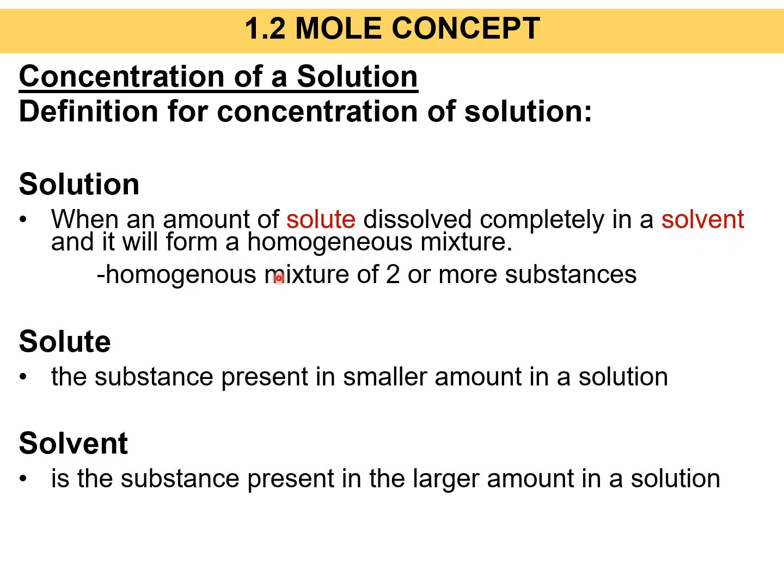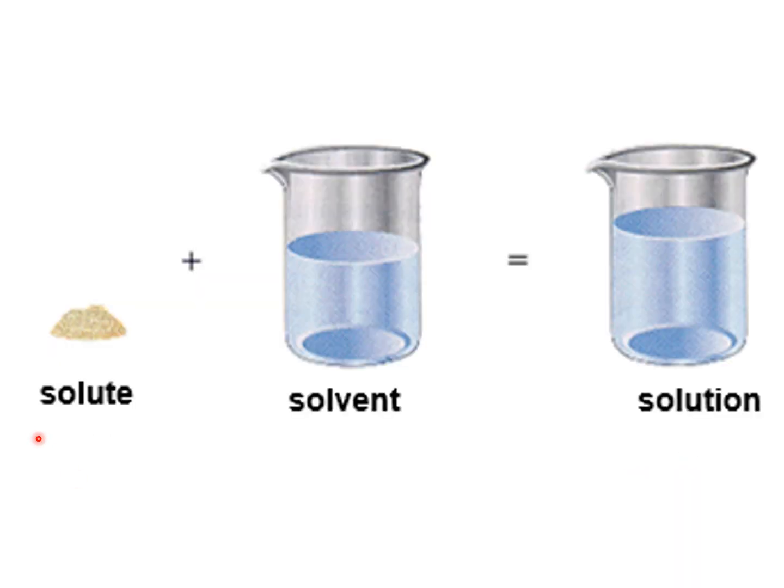homogeneous mixture. A homogeneous mixture is a mixture of two or more substances. Solute is the substance present in smaller amount in a solution, and solvent is the substance present in the larger amount in a solution. For example, if you look at this picture, you can see that bila solute campurkan dengan